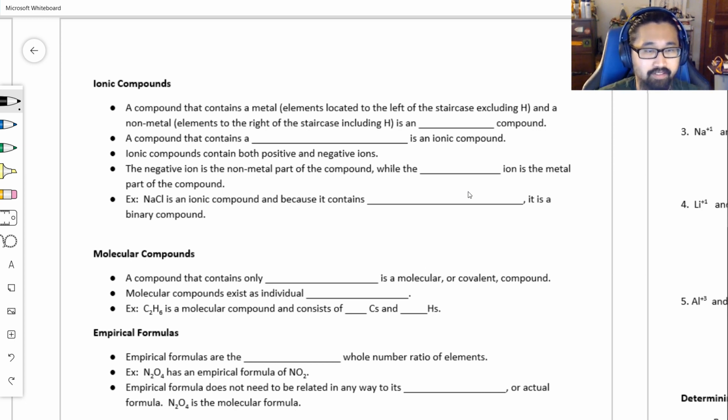These are compounds that contain a metal, which are elements located to the left of the staircase, not including H, and a nonmetal. So if it has a metal, something on the left, and a nonmetal, something on the right, we call it an